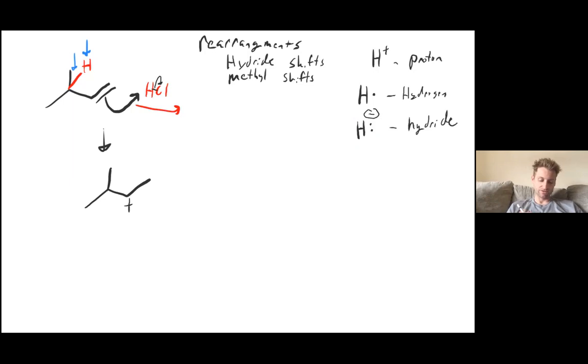We are going to have a situation where we have a carbocation. It's on a secondary position, and it's next to a more stable center. So there's a tertiary position here and a primary. We don't really care about the primary. So our secondary center, our tertiary center,